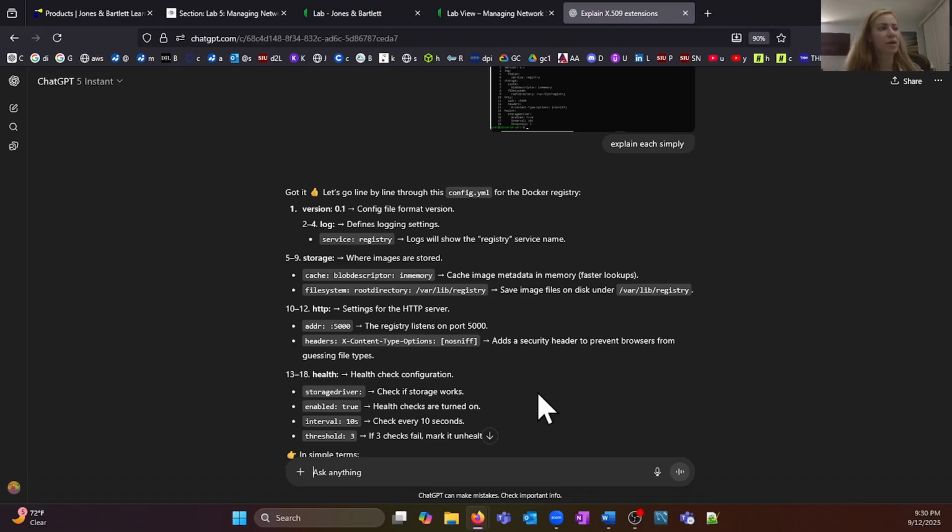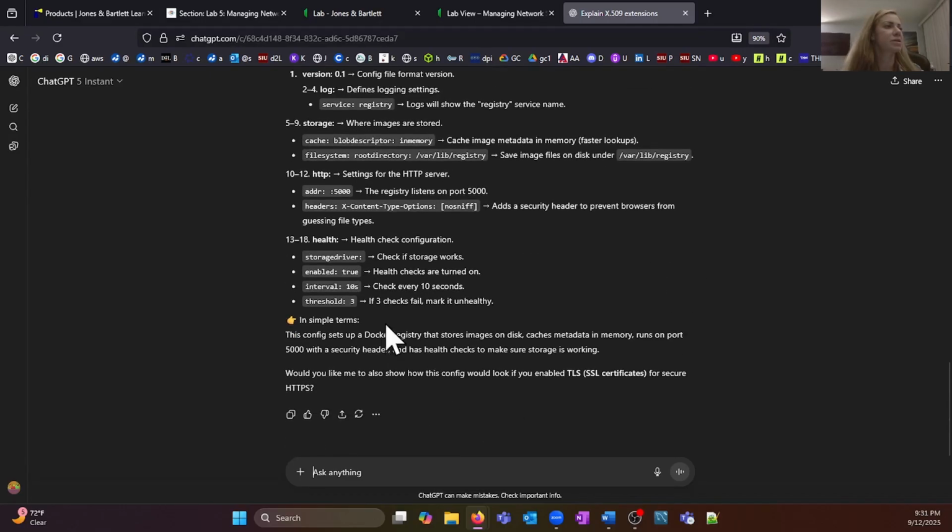Health check configuration. Storage driver: check if storage works. Enabled true: health checks are turned on. Interval: checks every 10 seconds. Threshold 3: if 3 checks fail,